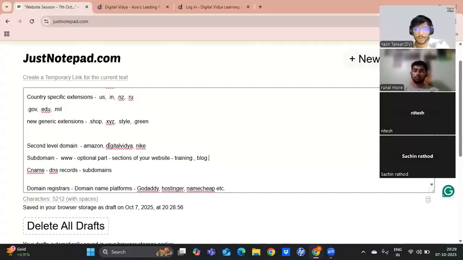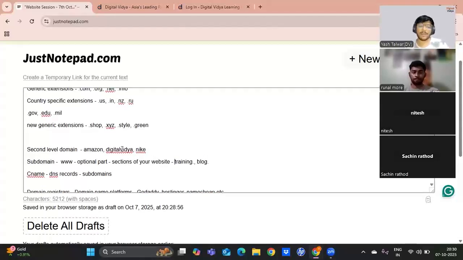right? So how that happens is, you can decide what subdomain you want. The one that you get when you're purchasing a domain name is www dot. This is by default in most of it. But if you want, you can create others as well. Like I said, training dot or blog dot. Whatever it is, it can be created after you've purchased the domain. Okay, so you are not purchasing the subdomain. Whenever you're purchasing a domain, you are not purchasing the subdomain separately. You can create whatever subdomains you want.